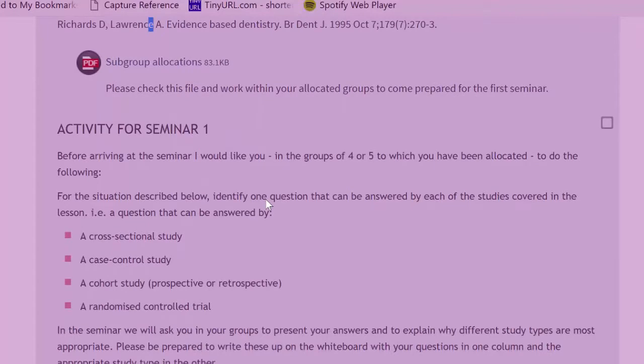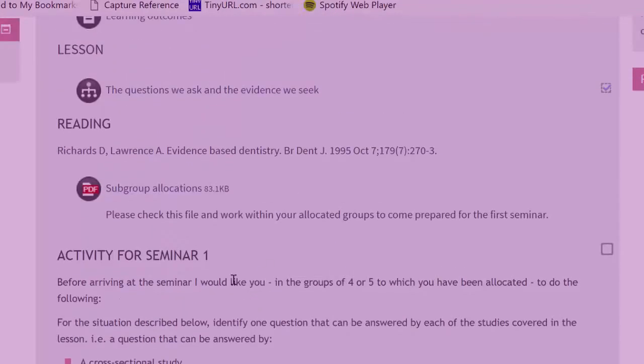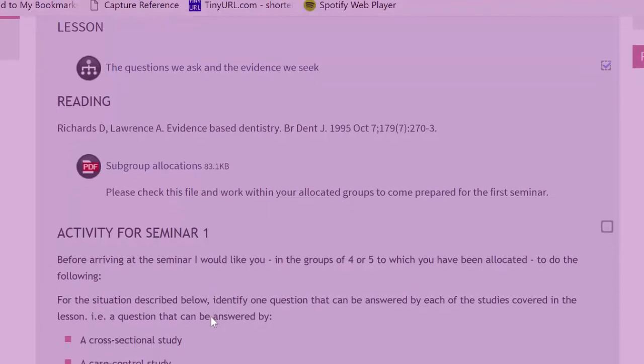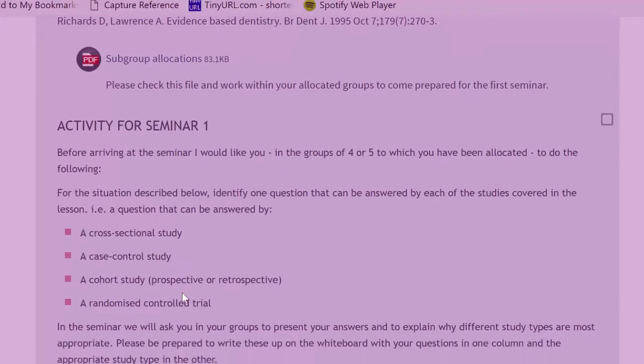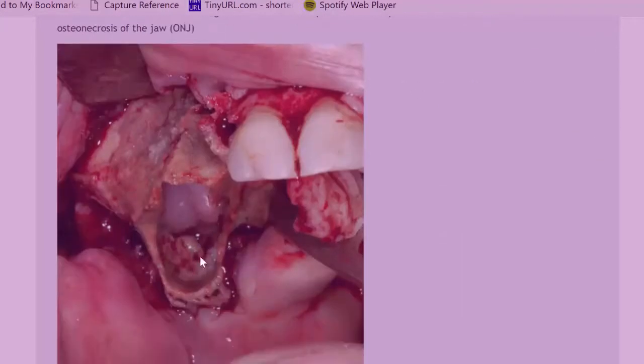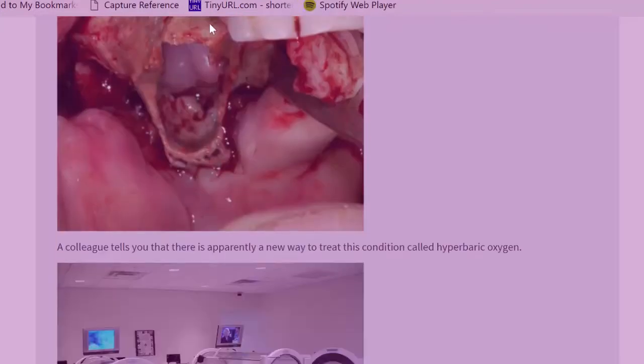Below, I've added some reading for them to look at, then an activity that needs to be completed before they attend the first seminar. In this case, it's a collaborative exercise and involves them working together to come up with some questions that can be answered by different types of study design. Pretty gruesome picture just down here. Year 2